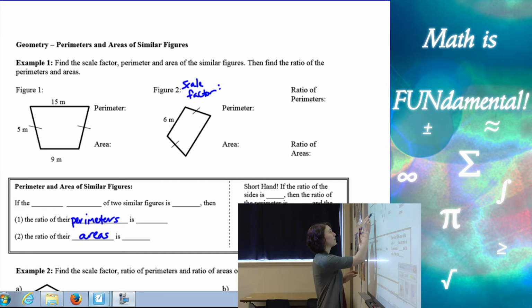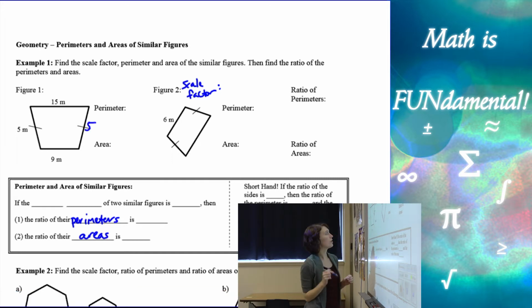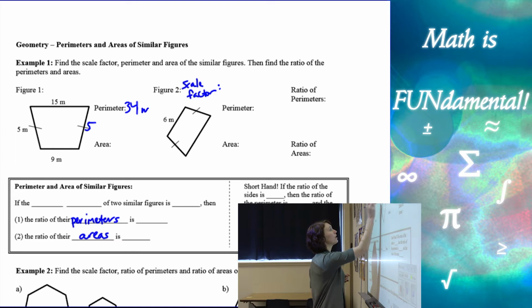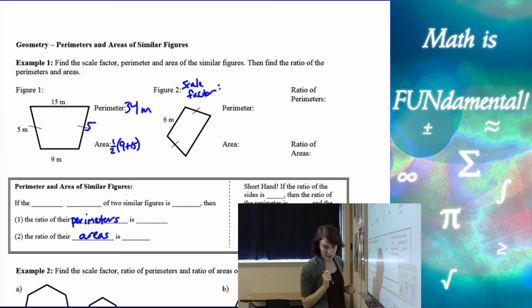We have a trapezoid, an isosceles trapezoid, so we know that that side is also 5 meters. The perimeter, if I add up all my sides, I get 34 meters. And the area of my trapezoid, which we reviewed in one of my previous lessons, is 1/2, and then 9 plus 15, so base 1 plus base 2, and then times the height of my figure,